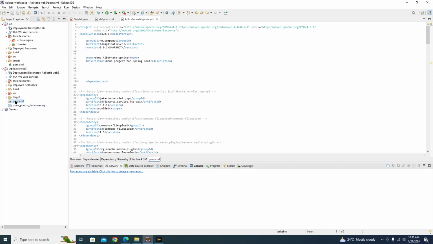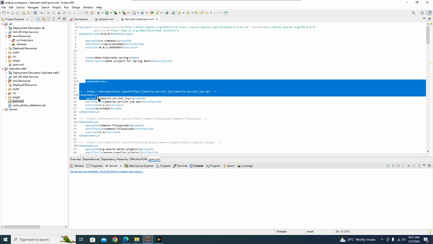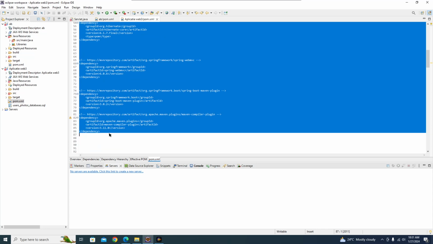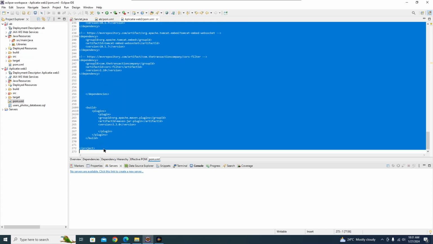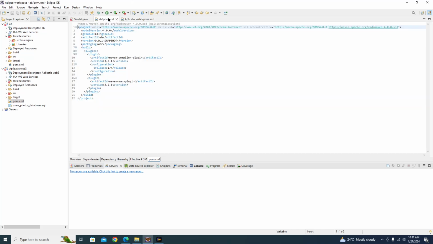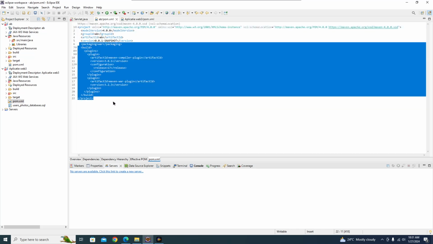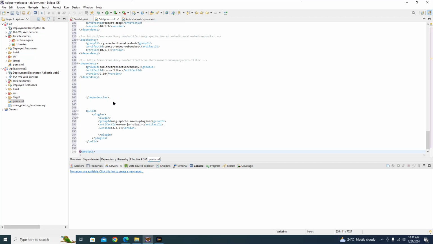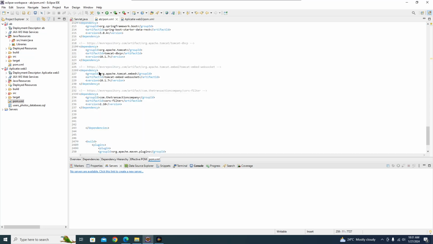I will just copy the dependencies from another project of mine. I will also copy these dependencies below the YouTube video, so that you can also access them and be able to run the Java project on the server. And I have just pasted the information into the XML file from the new project